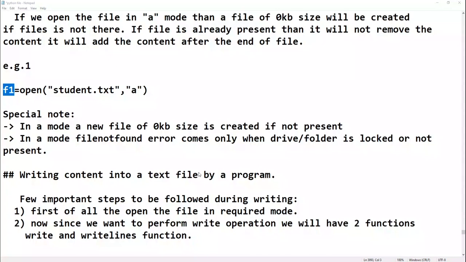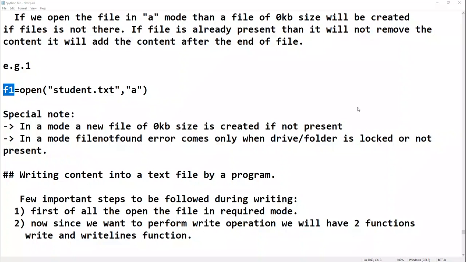When you are writing F1 equals open, suppose stu.txt, comma, w. We are writing F1 equals open stu.txt in write mode. So first of all, this file will be created if it is not present, and if it is present, its content will be removed.